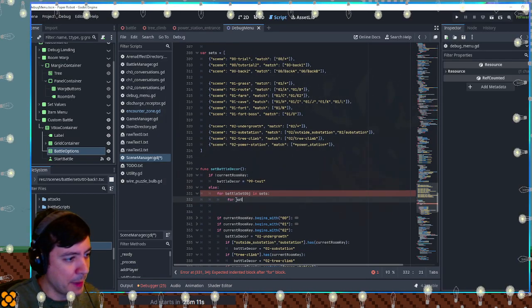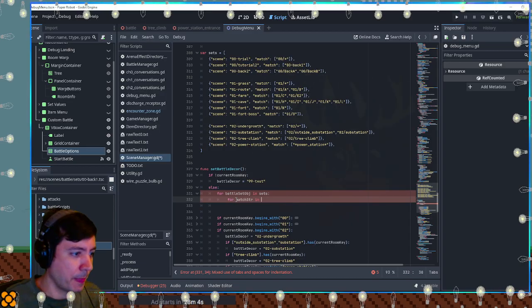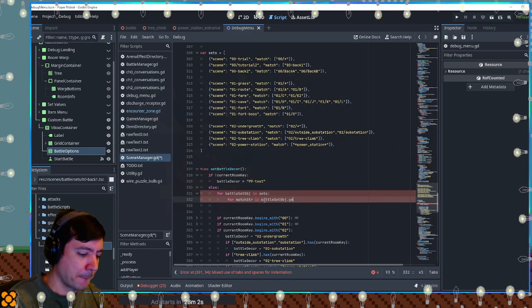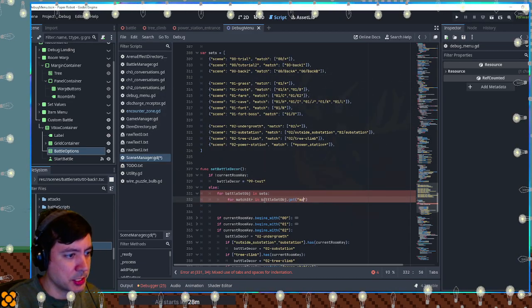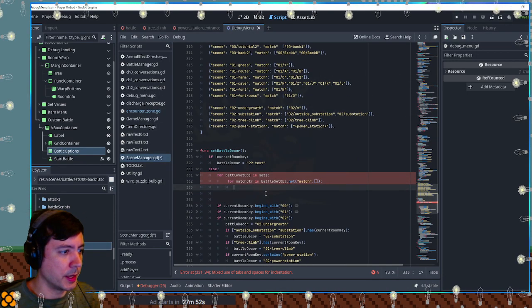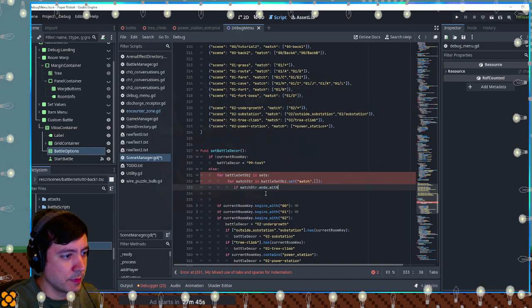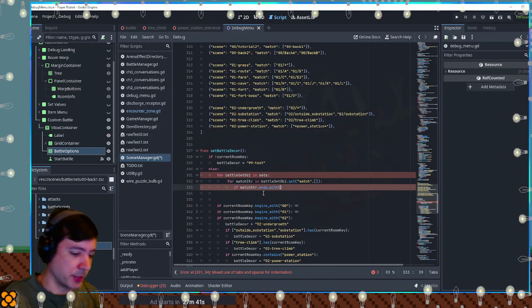We want to look for match string in get match. If match string dot ends with an asterisk,